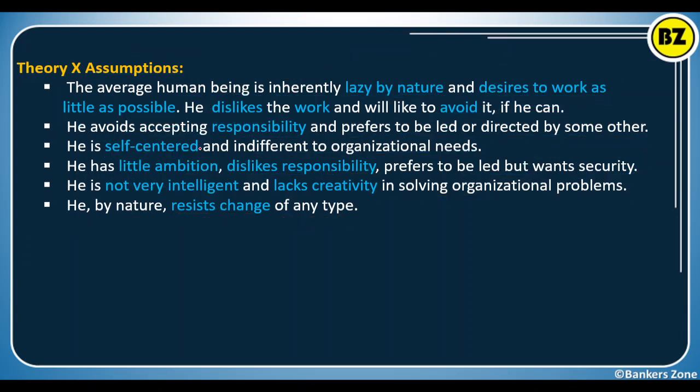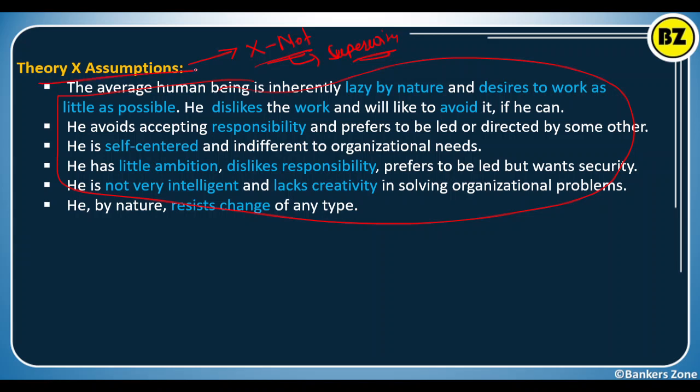So understand here, these are the assumptions, and based on these assumptions we can say according to theory X, humans don't love to work. Okay, and they will not work unless what? Unless they are supervised. Got it? So this is the theory X assumption. Okay,